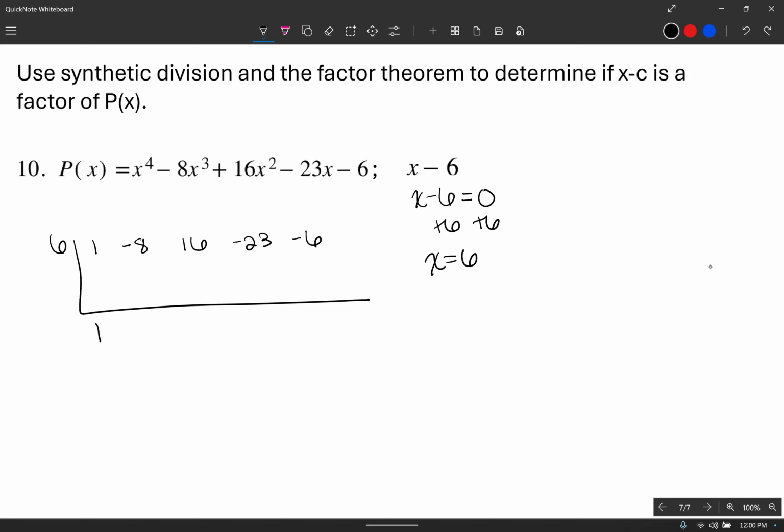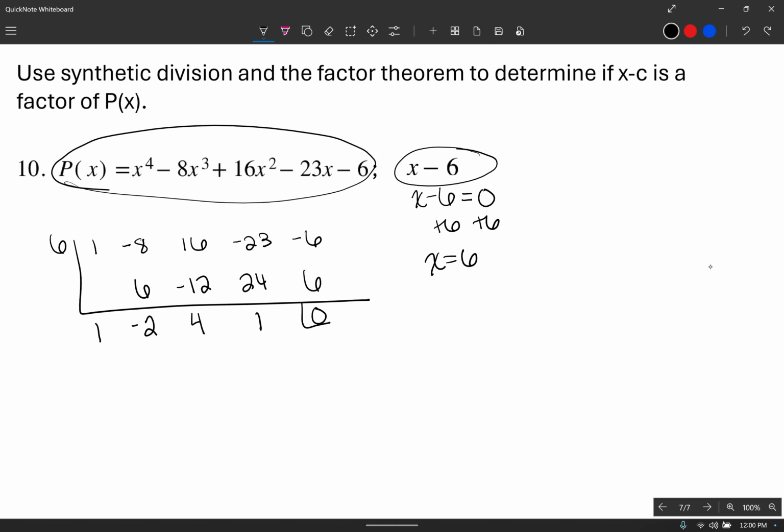So I drop the 1. 1 times 6 is 6, plus negative 8 is negative 2. Times 6 is negative 12, plus 16 is 4. 6 times 4 is 24, plus negative 23 is 1. And 1 times 6 is 6, with a remainder of 0. So if I get a remainder of 0, that means that x minus 6 is a factor of my p of x. If I got a number here that was something other than 0, then it would be a no. So yes,